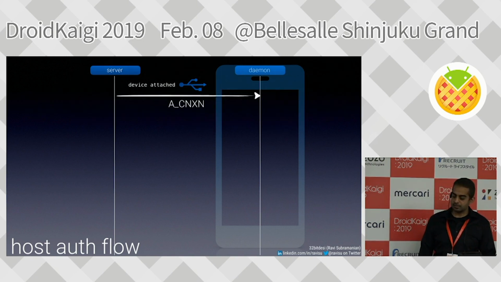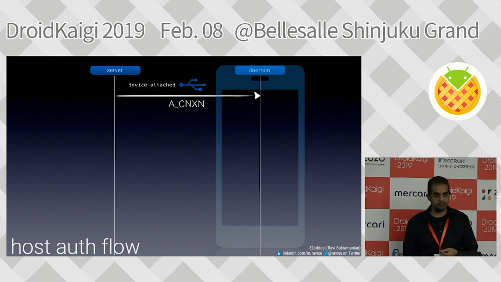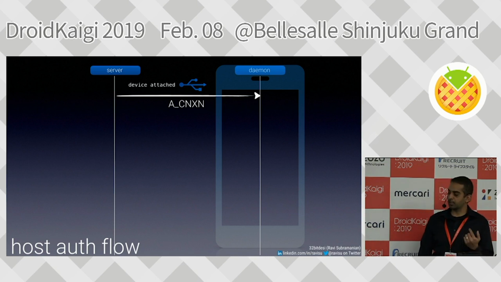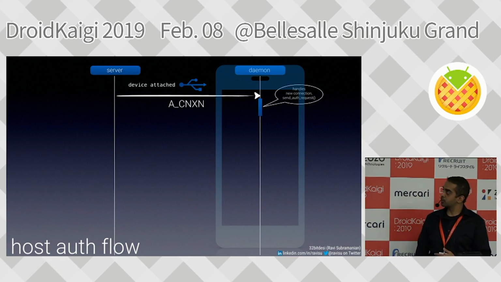What happens is the server sends over the transport a connect packet. This A_CNXN, a connection, is kind of like the internal enumeration value in the code. So it sends an A_CNXN packet over to the daemon and says, hey, I want to connect. The daemon handles the new connection, and as part of that, it runs a method called send auth request. So the first time you are actually trying to